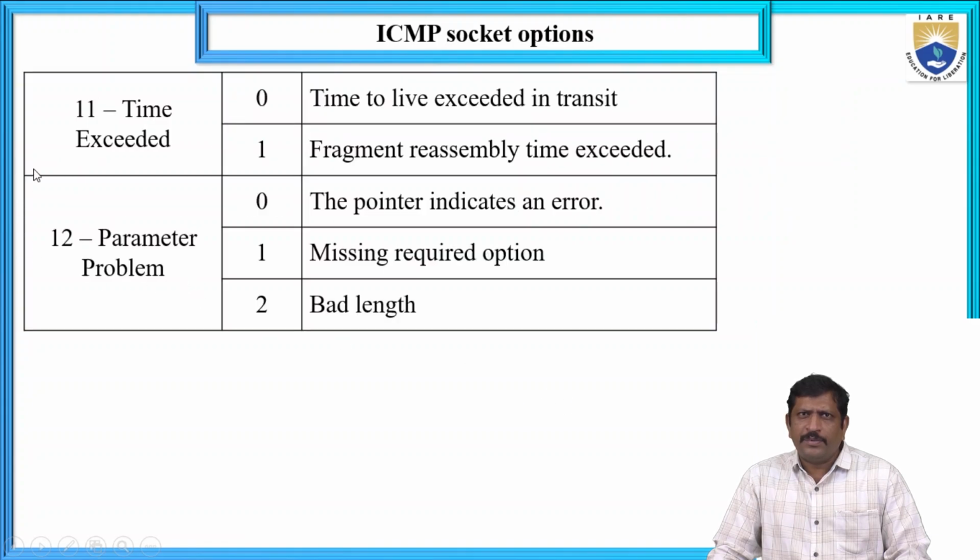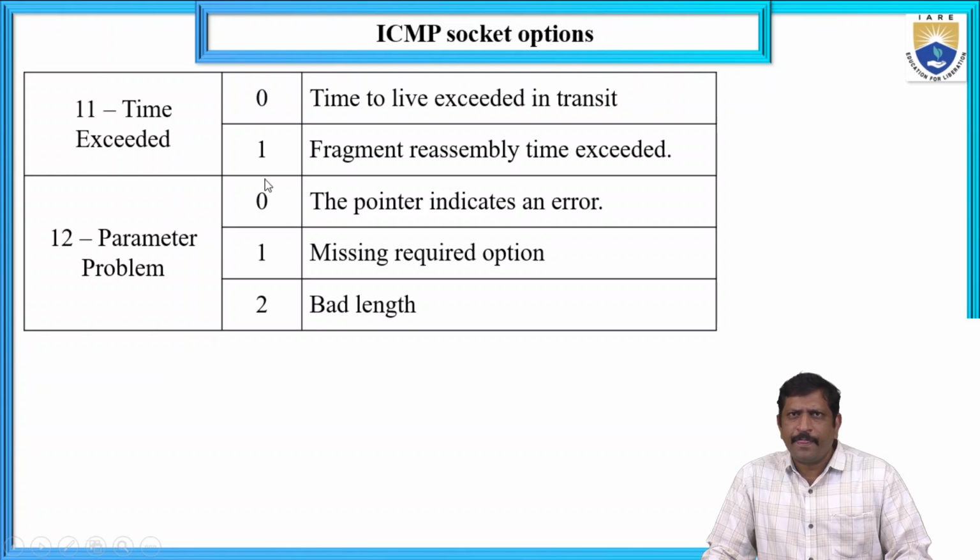Here these are all the types. Type 11 here is time exceeded. Time exceeded means the code is 0 and 1 that we are using. Code 0 means time to live exceeded in transit, and code 1 indicates the fragment